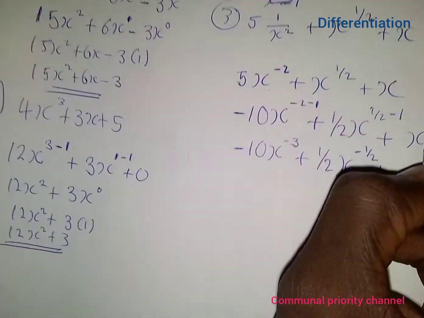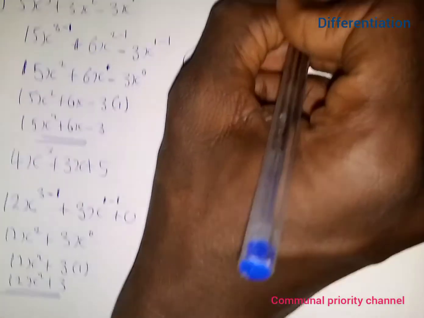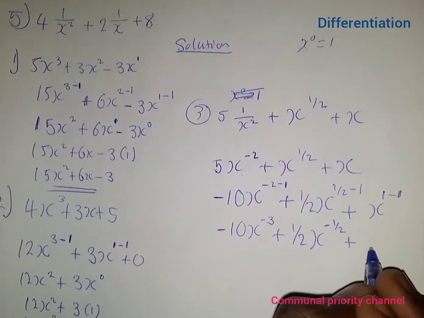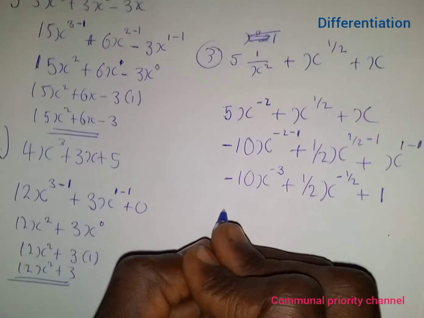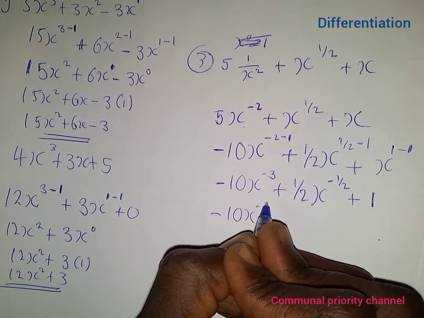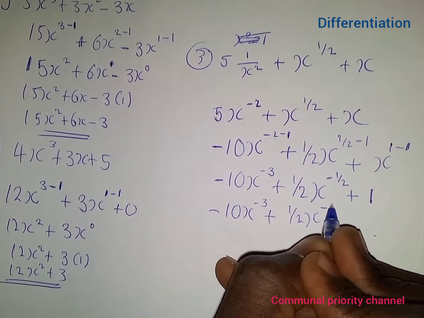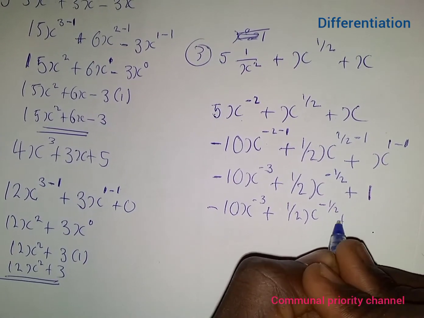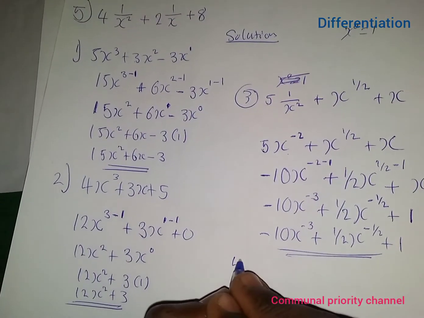This is what? X to the power of 1 minus 1. 1 minus 1 is 0. And we say anything to the power of 0 is equal to 1. Therefore, this will be 1. Right? So our final answer will be minus x to the power of minus 3 plus 1 over 2x to the power of minus 2 plus 1. That's our final answer. So now we're moving to question number 4, which is the second to last question,